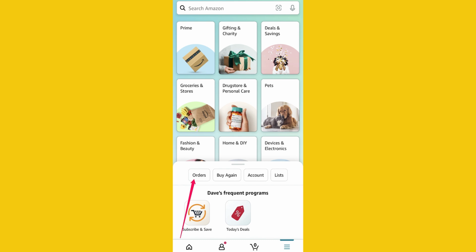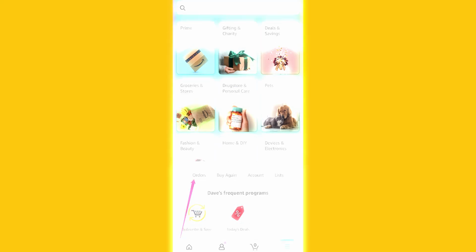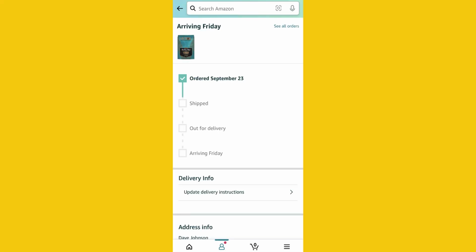So, that's it. By following these steps, you can easily keep tabs on your Amazon package and know when you